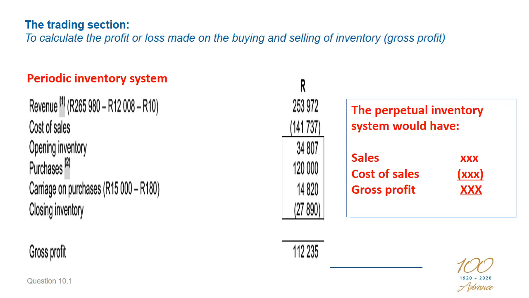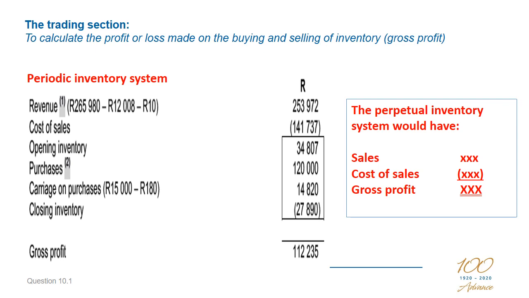And in this case, the trading section's format will be that we need to calculate the cost of sales. So we need to take the opening inventory plus the net purchases plus any other cost which we have incurred in order to get the goods so that we could sell it, like carriage on purchases, and then less the closing inventory. That will give us the cost of sales that is subtracted from the revenue to give us the